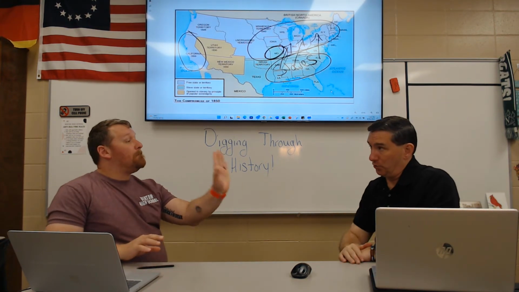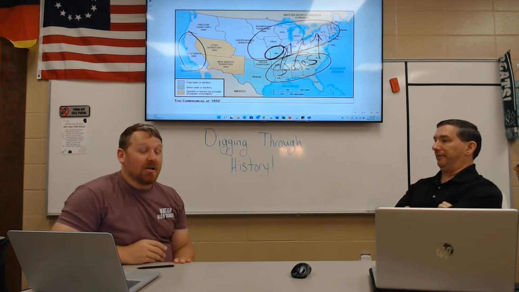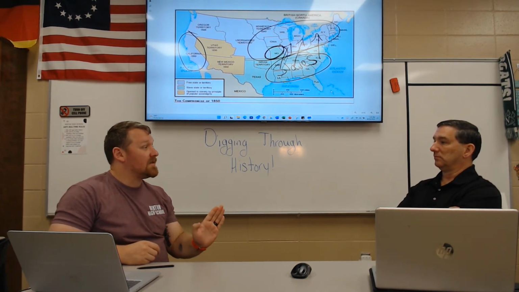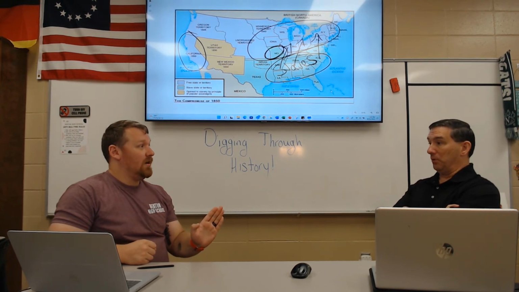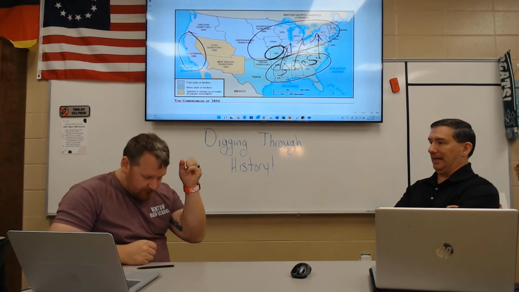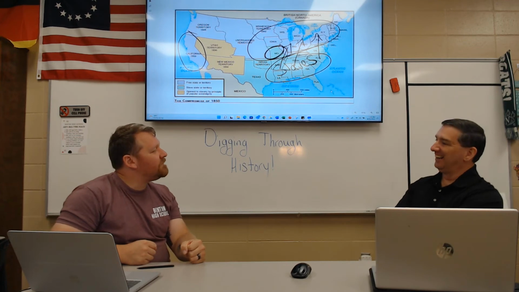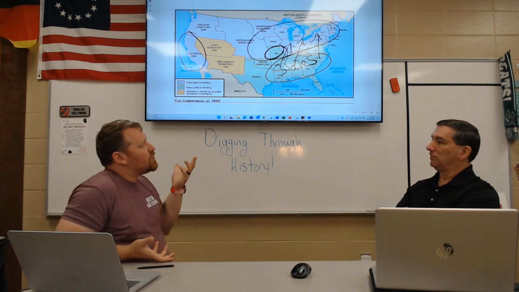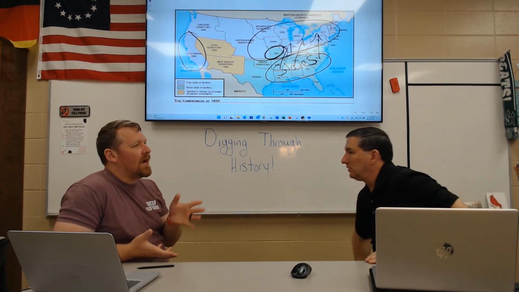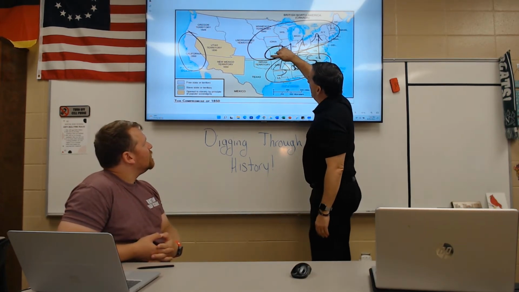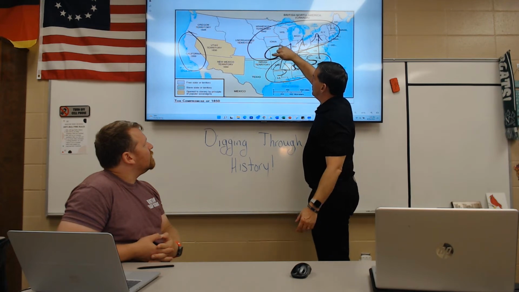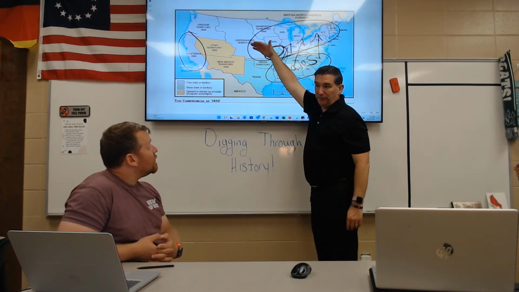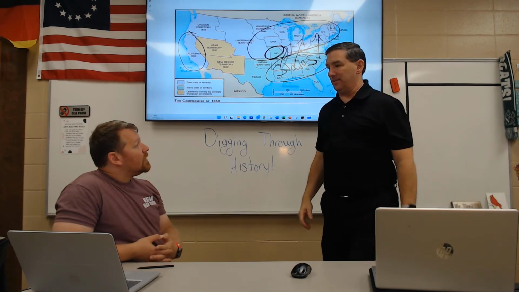The Jayhawkers were notoriously anti-slavery. But you've got to keep in mind what is on that eastern border of Kansas: Missouri. And we're sitting right smack dab in the middle of Bleeding Kansas. My goodness, 1854 is when it started, and it made worldwide headlines. This line here for Western Missouri used to be straight up. This whole angle that follows the Missouri River was Kansas.